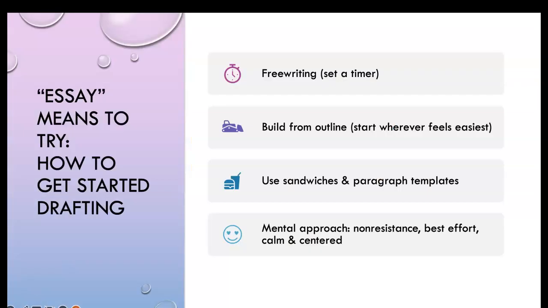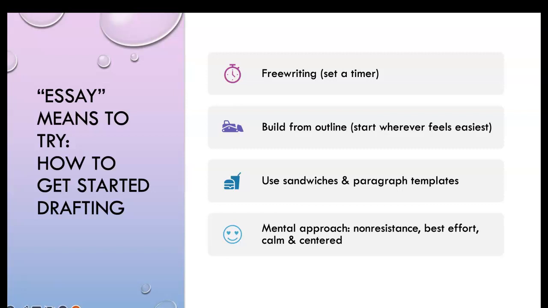So the word essay means to try. And that's what I'm asking you to do with the rough draft. We already have the outline. You've done so much work for this paper already in just completing the outline. Now we need to turn the outline into paragraphs. And all I'm asking for is your best try. It should not be perfect. It's just a draft. And I want to see what comes out of you and what starts to take shape as you turn it into sentences and paragraphs.